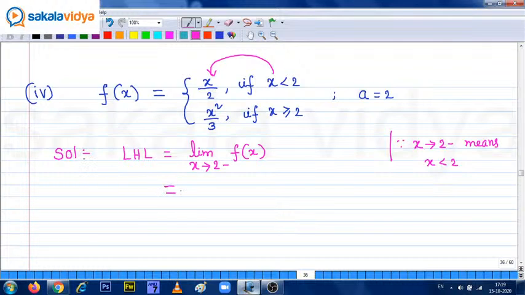Now limit x tends to 2, instead of f of x we can substitute x upon 2. 2 upon 2 is 1, so the left hand limit is 1. Now let us evaluate the right hand limit. So right hand limit is equal to